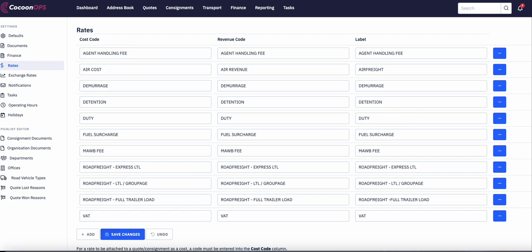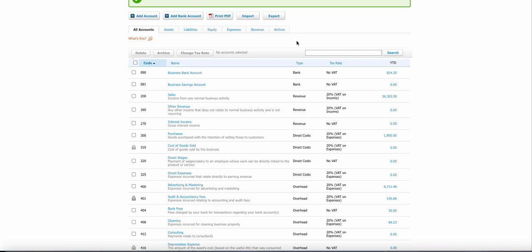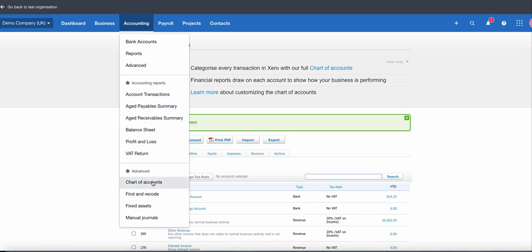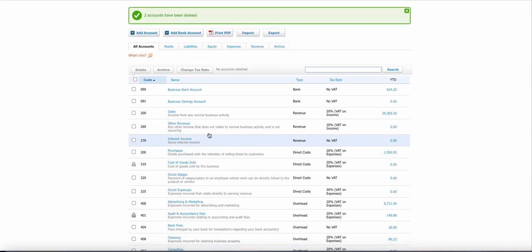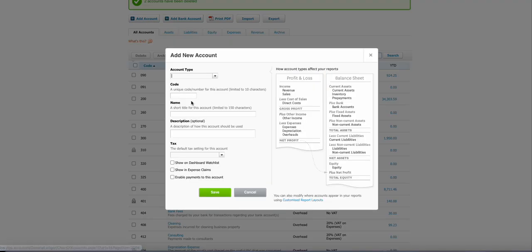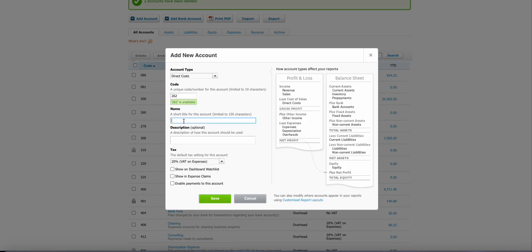So it's very simple to do. I'm going to jump over into Xero at the moment to accounting, chart of accounts. You may want your accounts department to do this, or if you've got access to Xero, you can do this yourselves. We're going to add in an air freight cost to start with. So we'll put this down as a direct cost, and we're going to use the code 261,